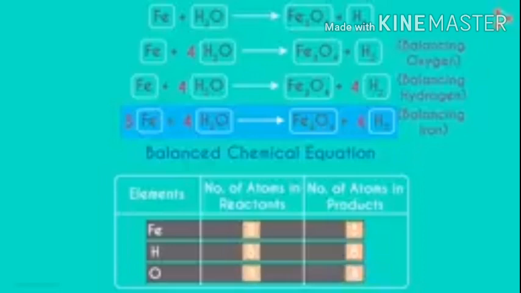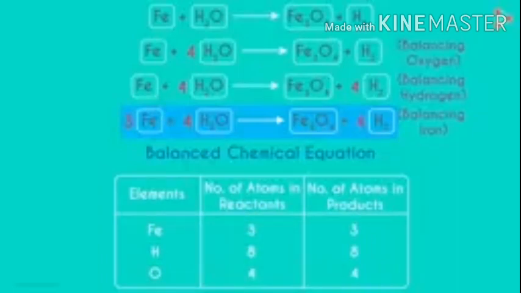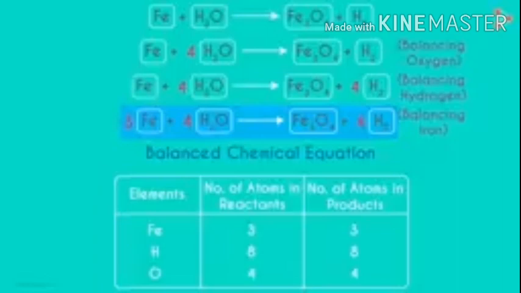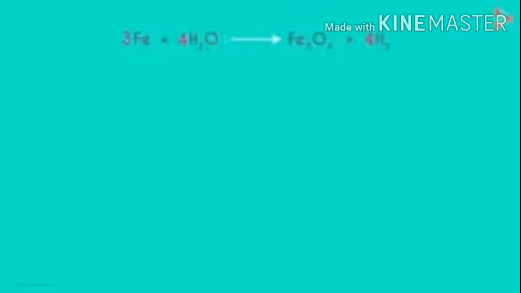The method of balancing chemical equations is called hit and trial method, as we make trials to balance the equation by using the smallest whole number coefficient. Remember, while balancing, there should not be any change in the chemical formula or molecular formula. While balancing the equation, just keep in mind the rules and regulations. Try to balance as many equations as you can from the book or any other extra question bank or reference book.